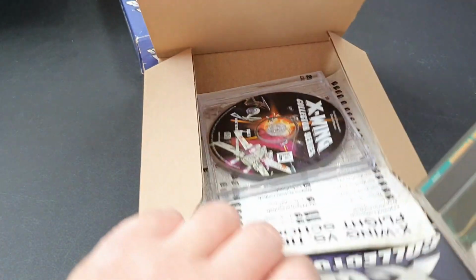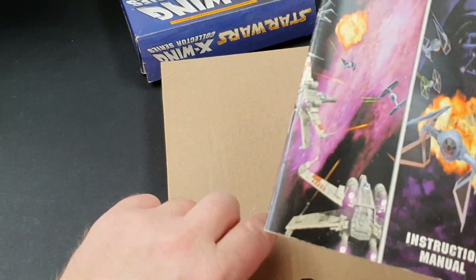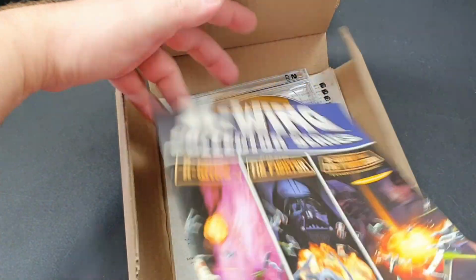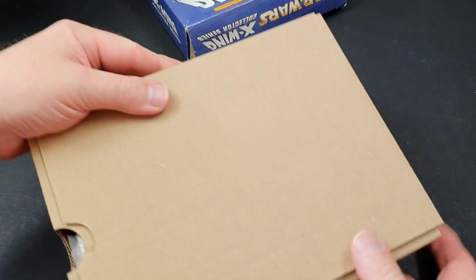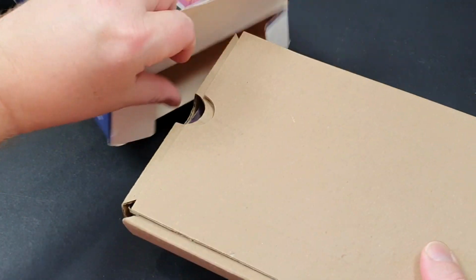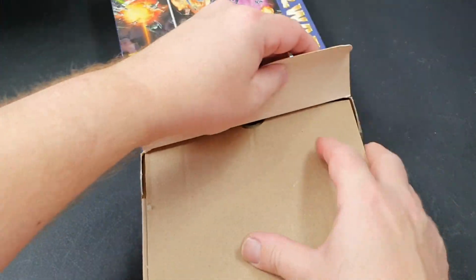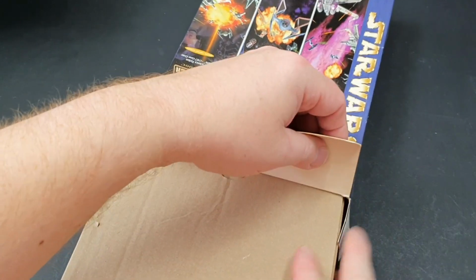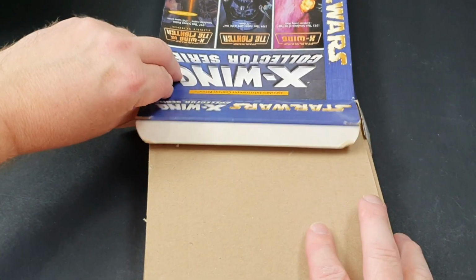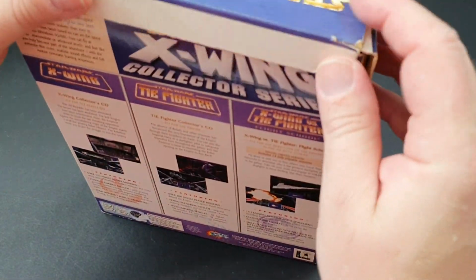Upstairs as well, I seem to remember in my book library I do have the strategy book for Star Wars X-Wing, which is in itself fantastic and includes an original Star Wars story set in that universe, sort of the time of Timothy Zahn's Heir to the Empire trilogy. So anyway, that is the original X-Wing game in the omnibus edition, as it were. If I can get this one back in. There we are. And as I said, a lot of fun with that one. It's absolutely